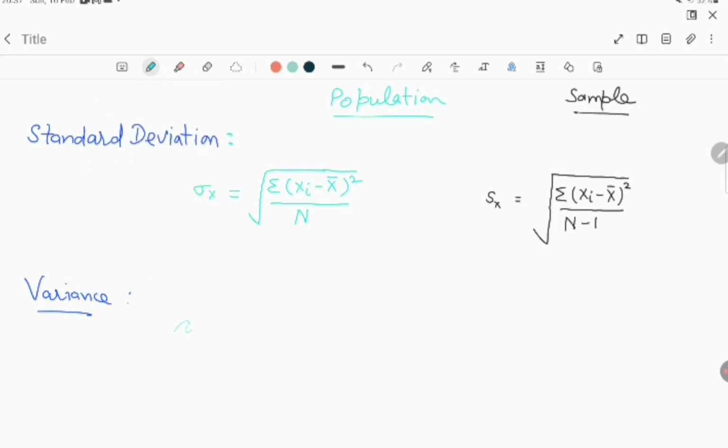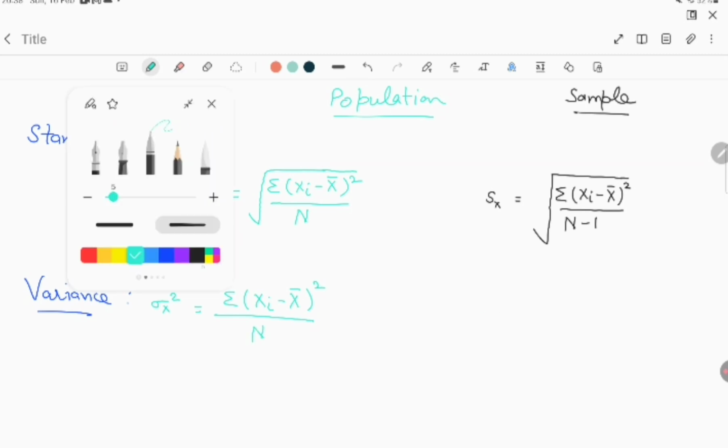So population variance is denoted by the standard deviation of x squared, that is, summation of xi minus x bar squared divided by n,